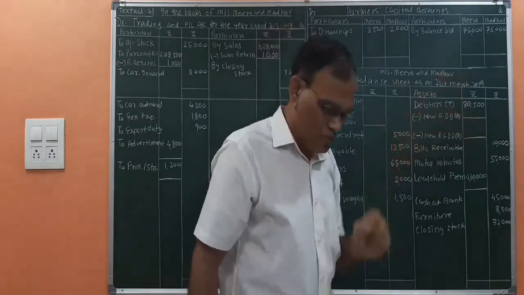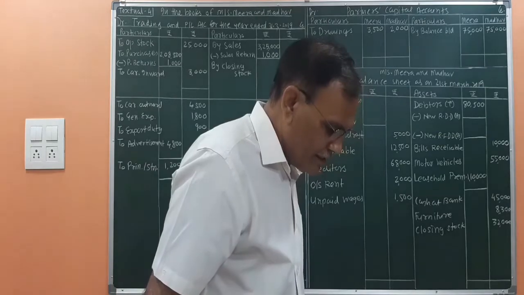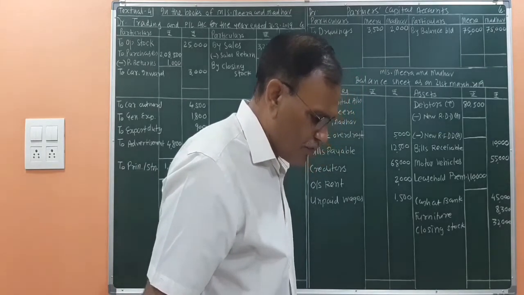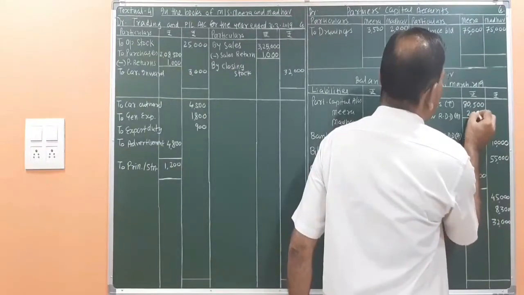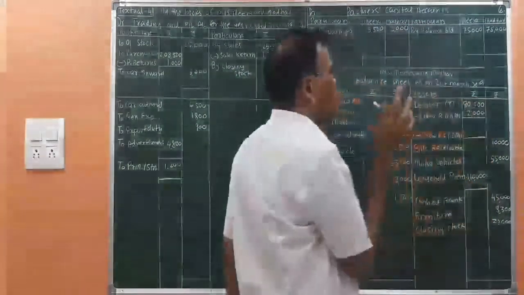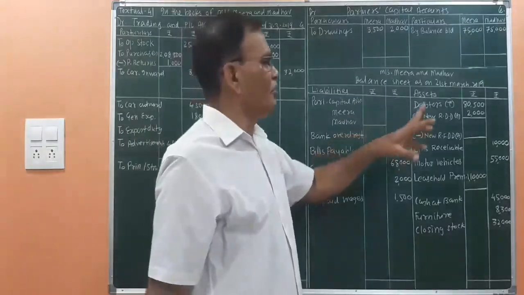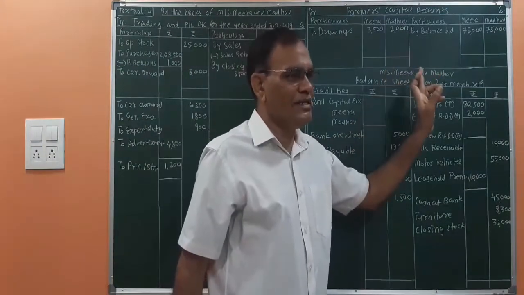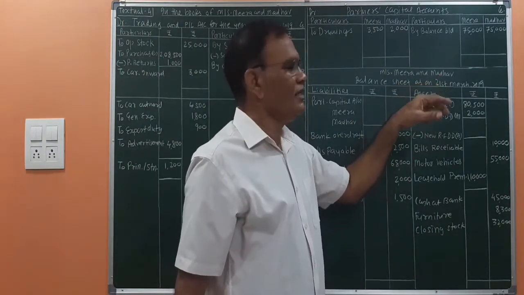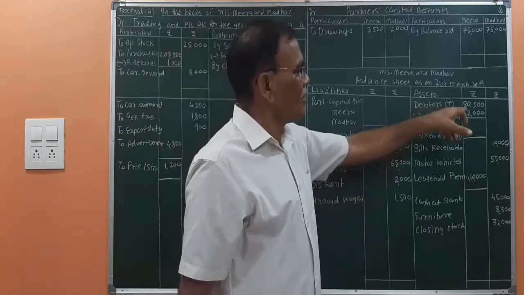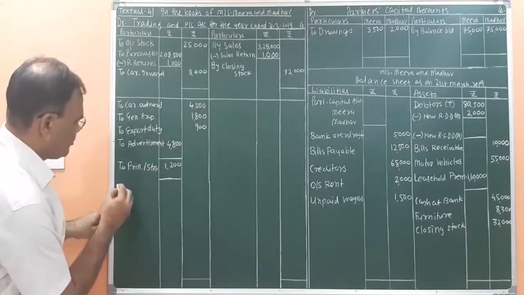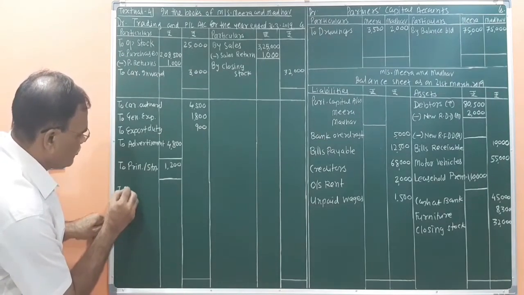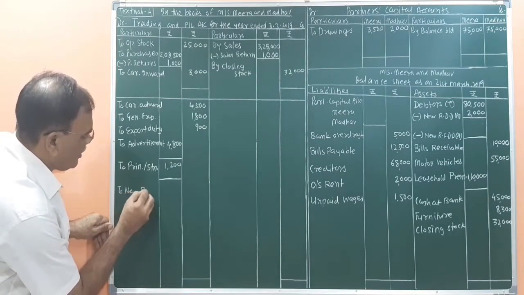So I am going to write the new RDD, provision for doubtful debts 2,000. So already they have calculated 2,000. There is no need to calculate. 2,000 is the new RDD. In your original formula, you will be having debtors minus new bad debts. So again you will get the net debtors. On that, subtract 2,000 there. So here I am subtracting 2,000 and I will write here to new RDD account.